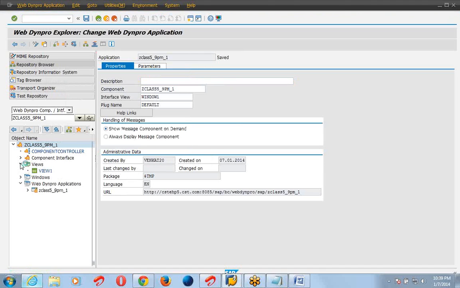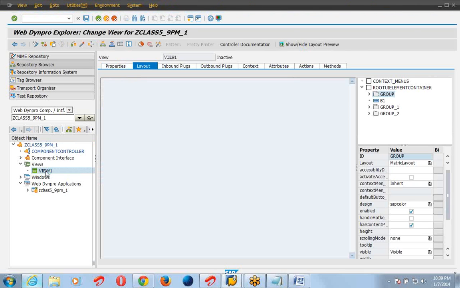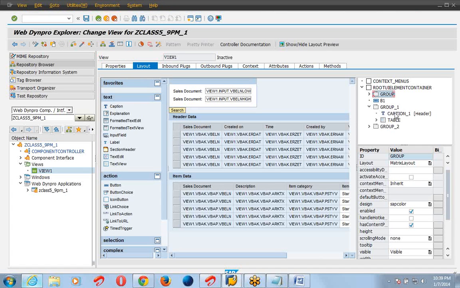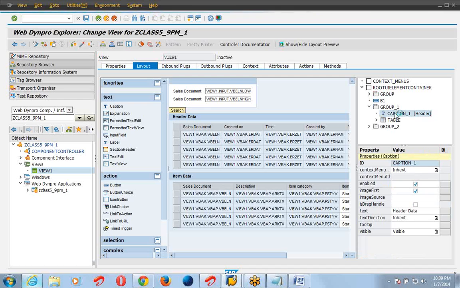Now we will change here. Remove the name here because in the tabular form we will give the name. So delete the name.